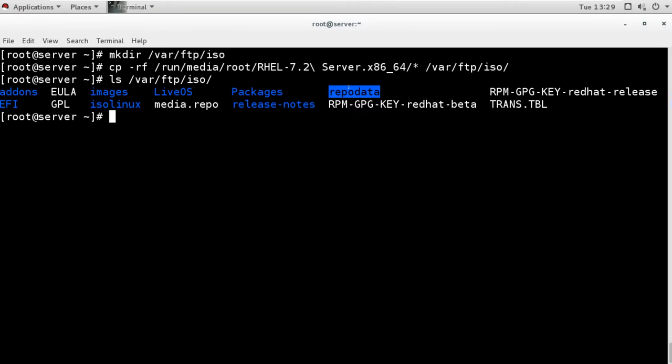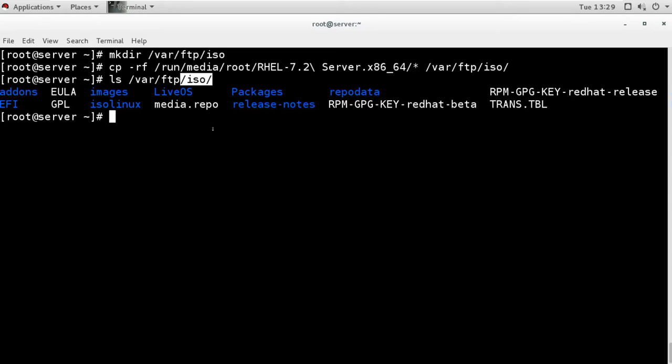But this repodata directory is coming from the DVD, so it has information about the packages available in the DVD. Now I have copied the files into this directory and I want to create the package repository according to this directory.